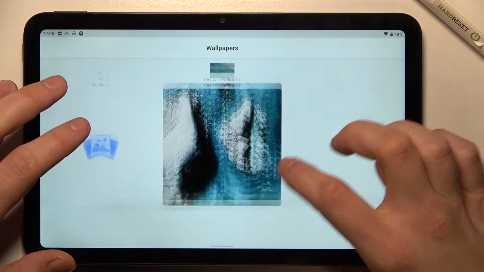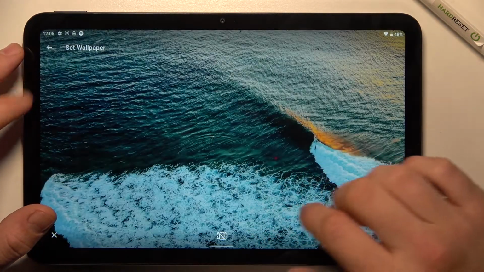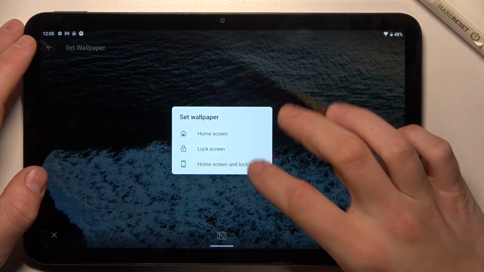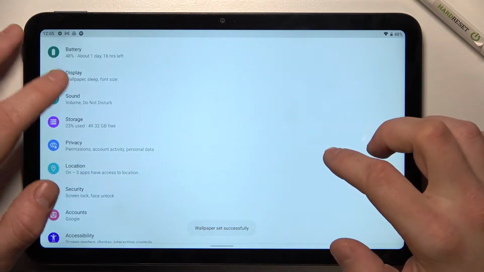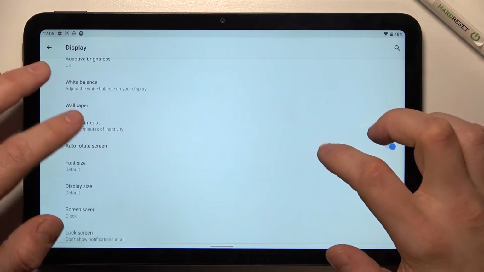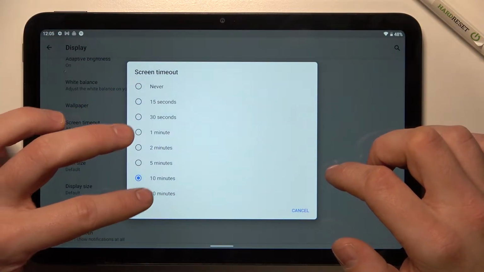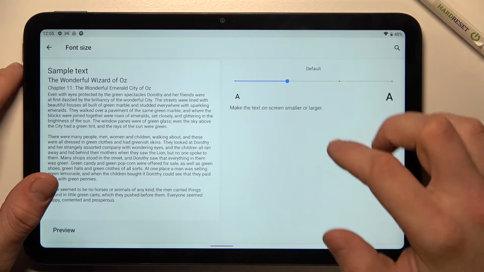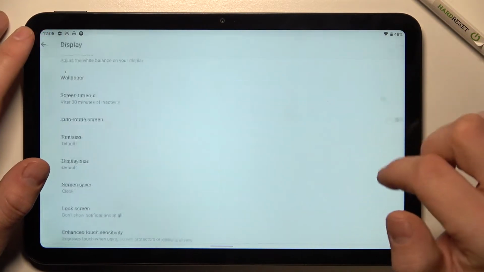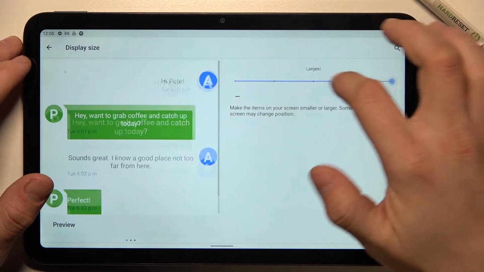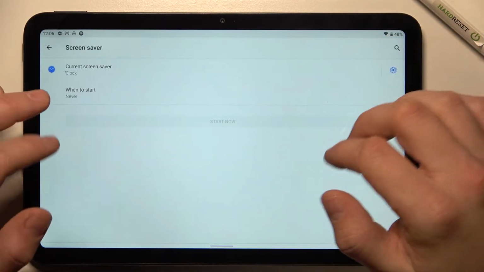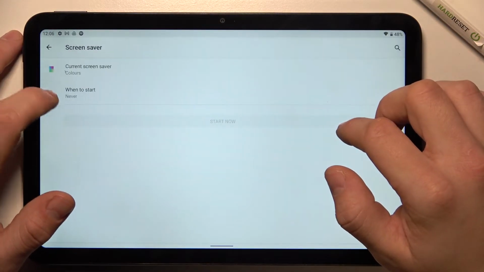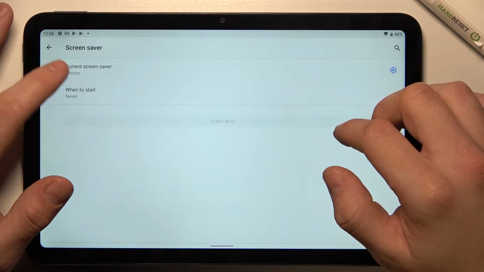wallpaper, screen timeout between never and 30 minutes, auto rotate screen, we can change font size, display size, also we can set screensaver, between clock, colors and photos,